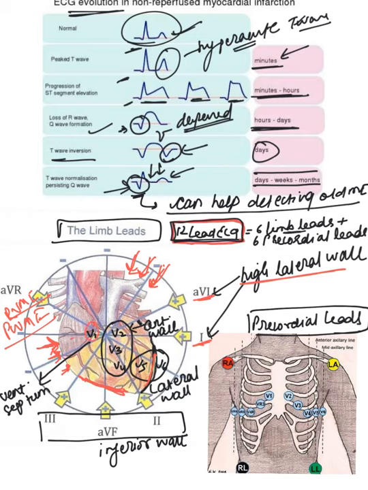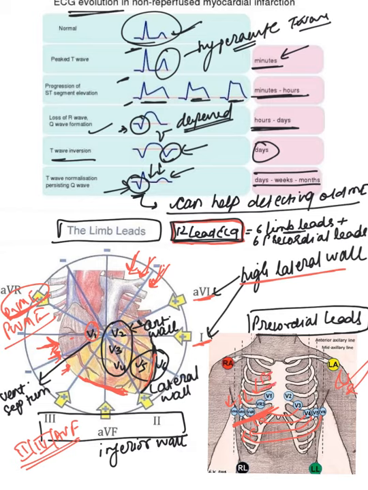right ventricular wall. So whenever there is inferior wall MI, that is ST elevation in 2, 3, aVF, and if you also see ST elevation in V1, then we have to look for right ventricular wall MI. How do we confirm whether there is right ventricular wall MI or not? We take V3, V4, V5 and V6 and put them on the right side of the chest, and then they are called V3R, V4R, V5R and V6R. This can then record the ST elevation on the right side of the heart.